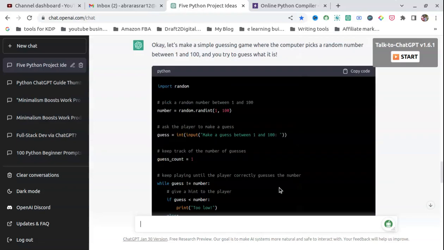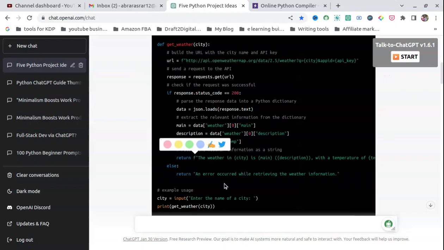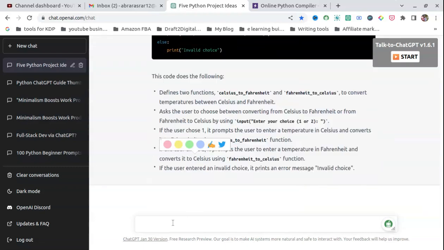And let us see what the other projects are, in a snake game it is telling. Let us do this one. This one is looking a little cool. Movie recommendation engine. Okay, let us try this, guys. Let us go in a different way, like explain. Okay, I want to make a movie recommendation engine using Python.